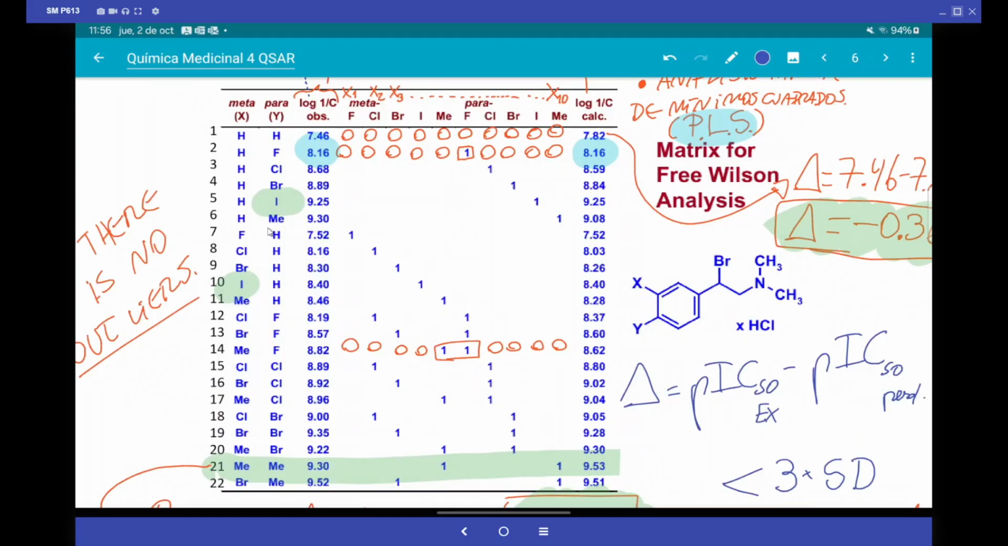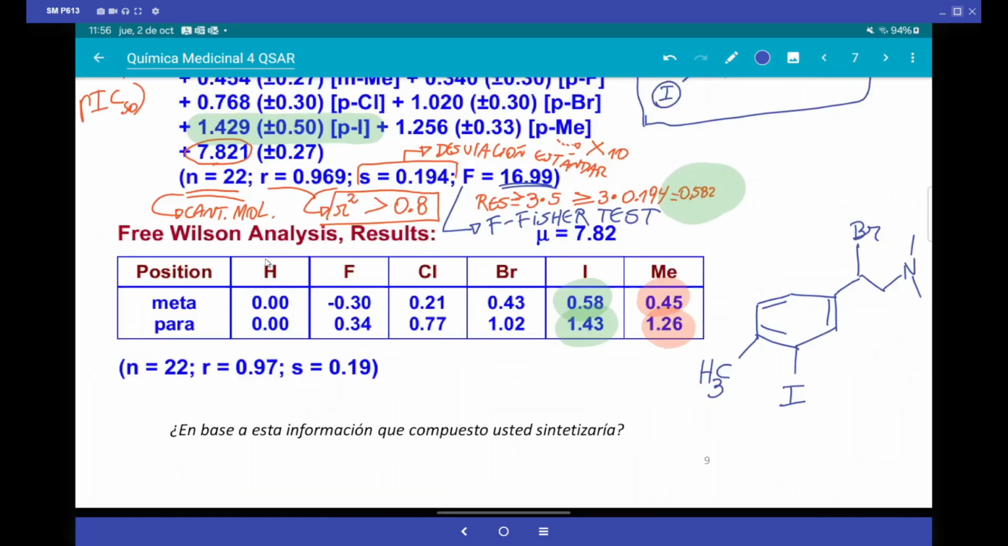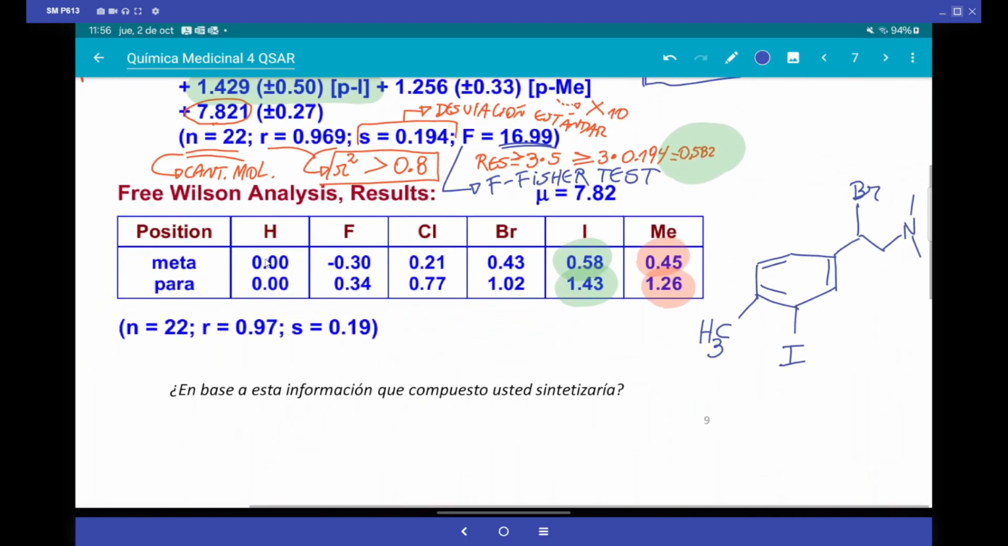Here, there is one, but it is not because I have methyl and bromo methyl. Then it does not exist. We are proposing a new one, and therefore we can predict the biological activity, and it is equal to the pIC50. It would be equal to methyl in position para is